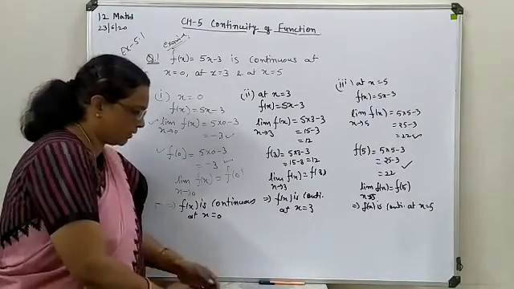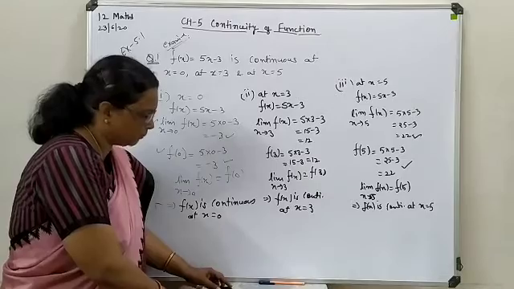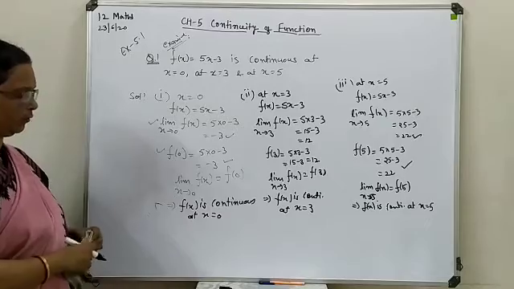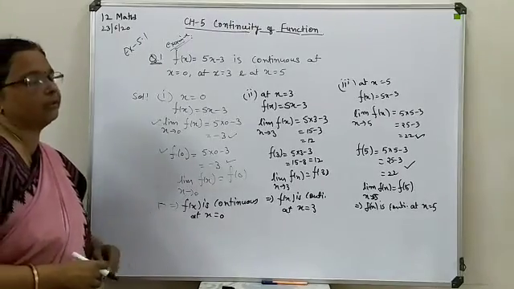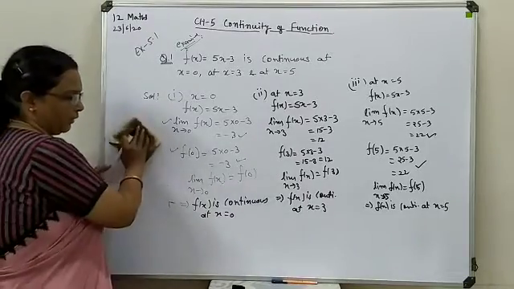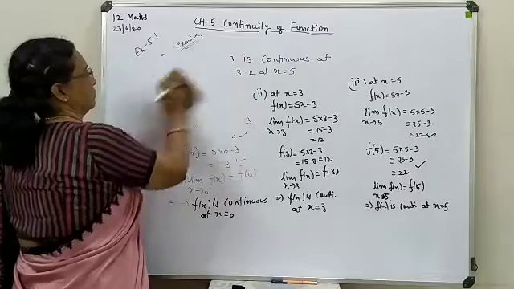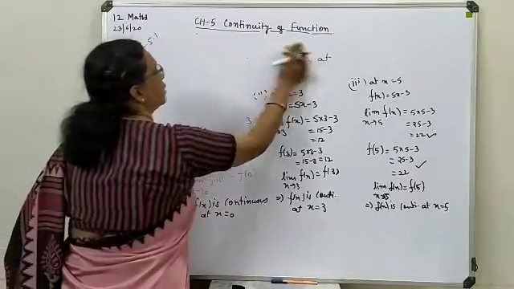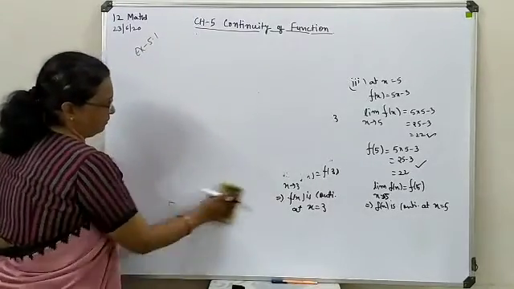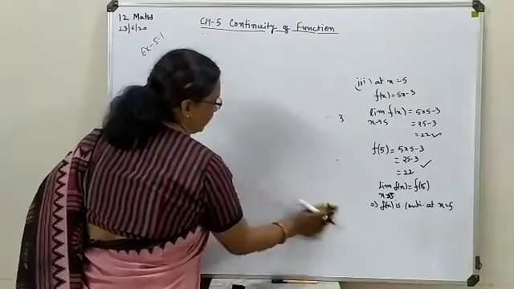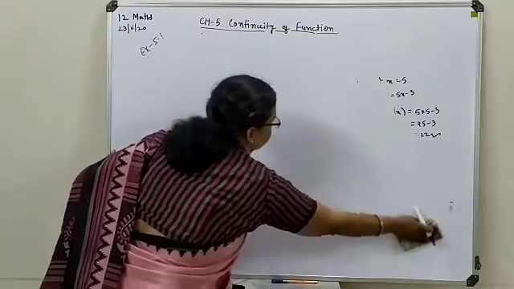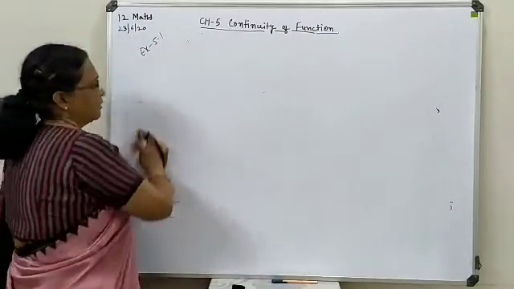Now we look at question number 3, in which terms are to be found. Here I am writing another way to find out the continuity, if that is convenient to you. In the third one, various combinations are available: x minus 5, 1 upon x minus 5, x square minus 5 upon x plus 5, and the absolute value of x minus 5. All of these you can solve with the same method.